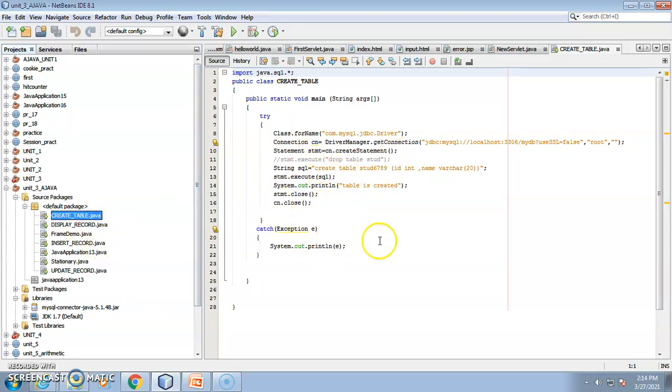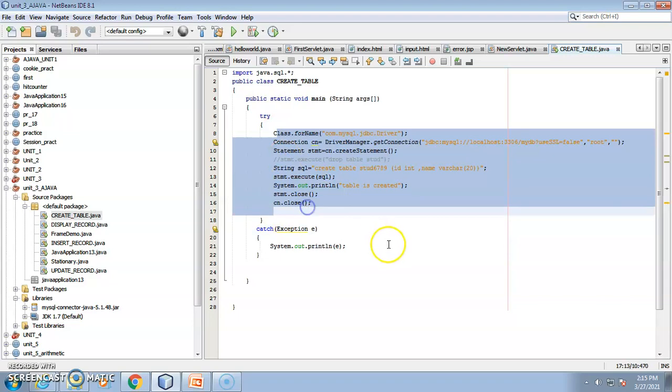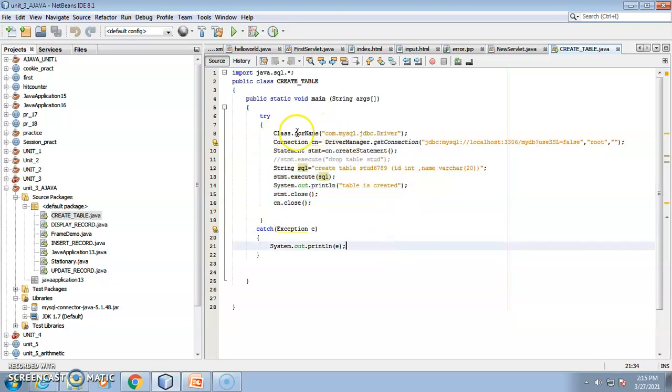Now here I have created the Java file. I have already taught you what the use of forName is, why we are using getConnection, how we are creating the statement along with the database, and how we are executing this in practical 11. I have already uploaded the video for that, and the same thing we are using here. The only thing changed is the forName.